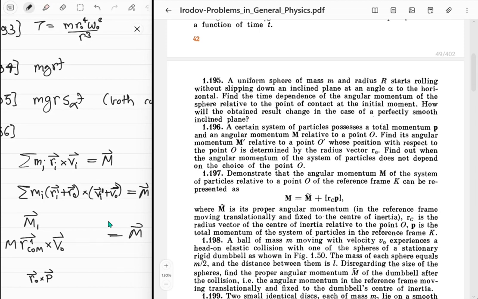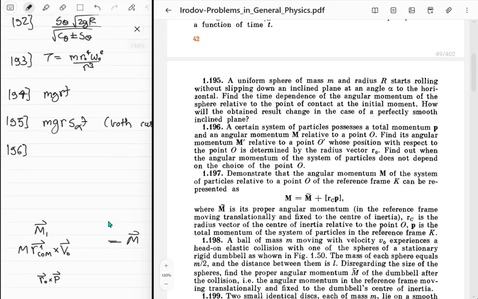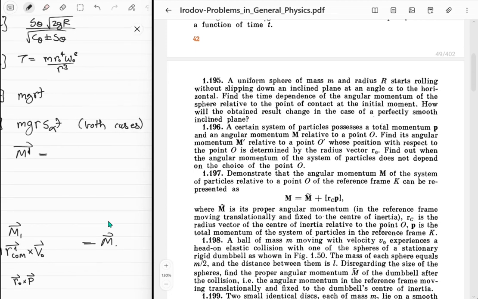Find out when the angular momentum of a system of particles does not depend on the choice of the reference point. First of all, let's write down this formula, because it's a nice formula. We'll just use M naught for this. This equation is good enough, I think. So M dash vector is equal to M vector minus r naught vector cross p vector,